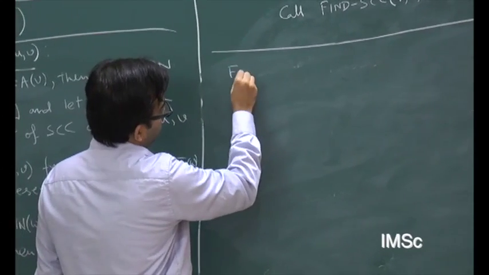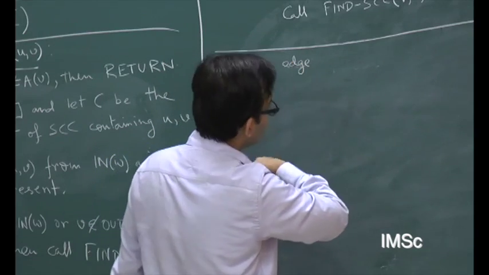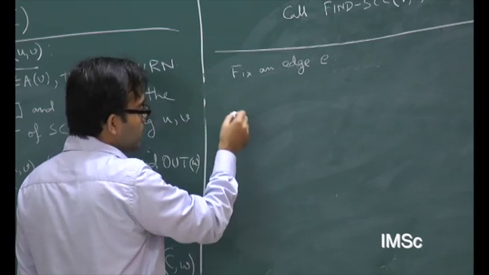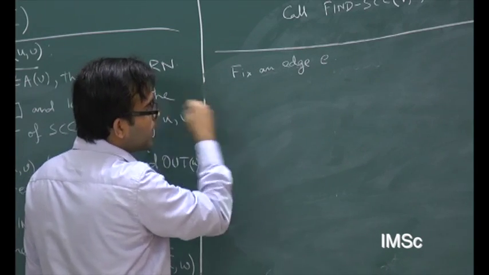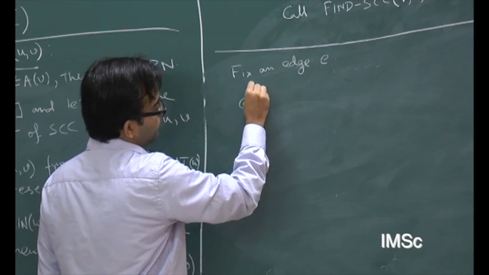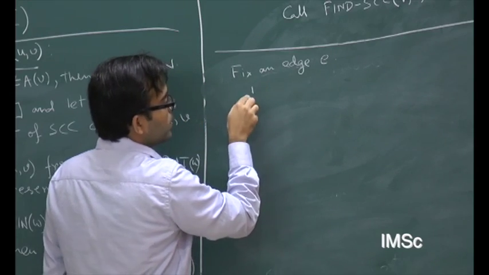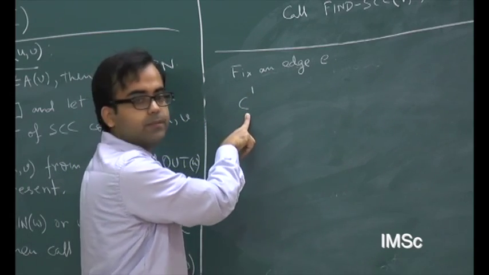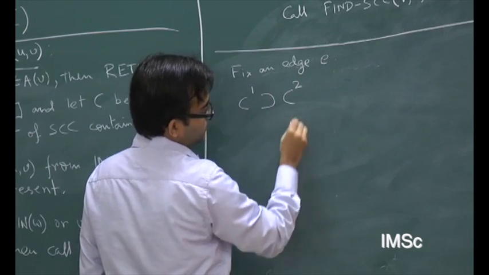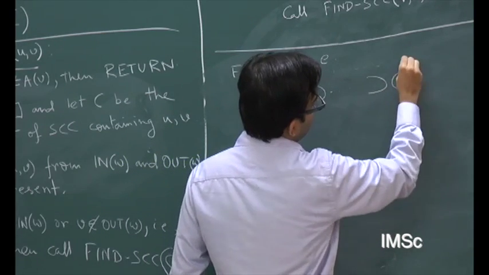So, fix an edge E, and let us say that it looked like this initially. Now, I am using superscript here, so that there is no confusion between that picture and this one. Initially, E belonged to this component C1, then this component split up, it was C2, it went like this till you reached Ck,